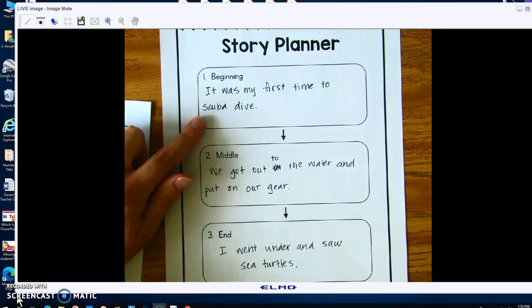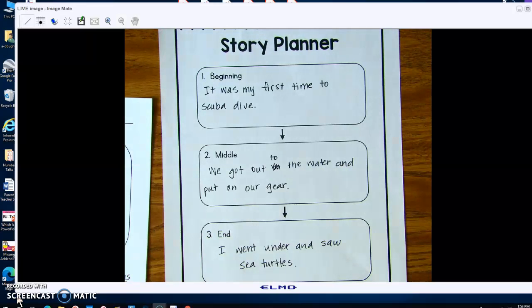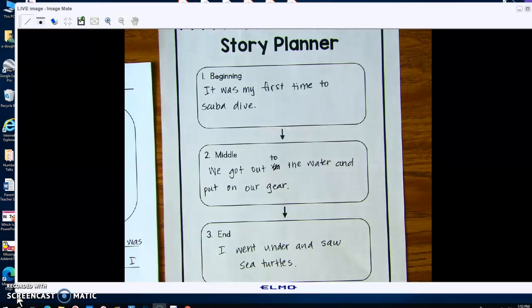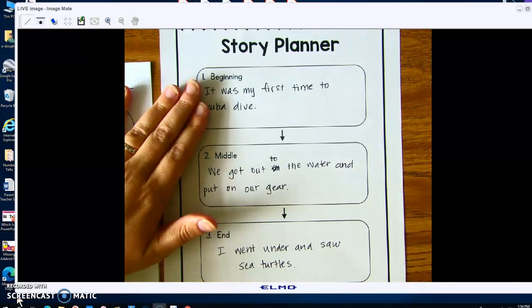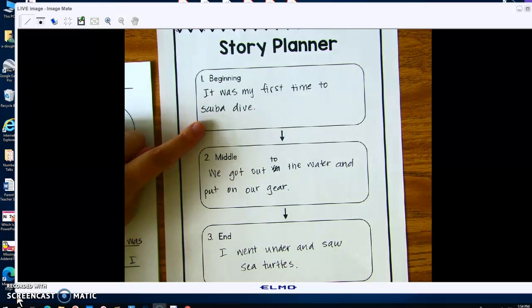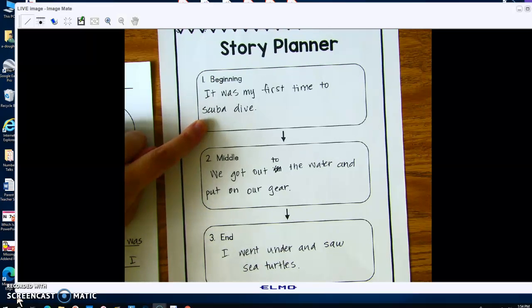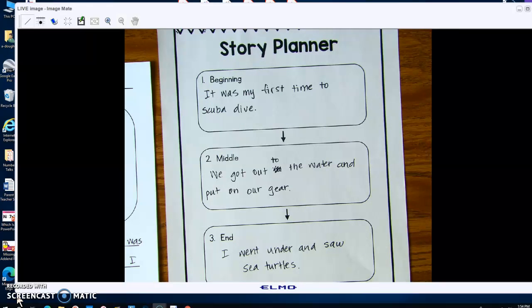Think about it. Now, I want you to think about 2 more things you can add to that beginning. Remember, I added that I was scared and excited and what I wanted to see and when I climbed into a boat and who I was with. So I added 4 more things to my beginning. I just want you to think of 2 more things. You're not drawing them. This is for when you write your story. So think in your brain. What are 2 more things you can tell me about at the beginning? You don't write it on the planner because you're going to write it in your story. Just think about it in your brain. What is at least 2 more things you could say in the beginning of your story before you get to the middle part?